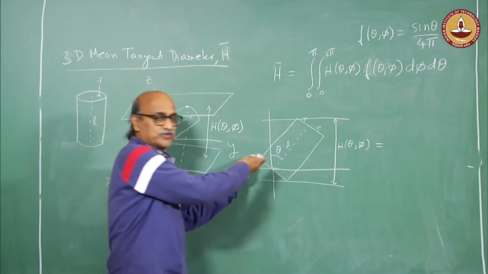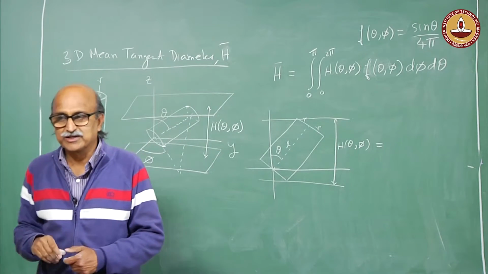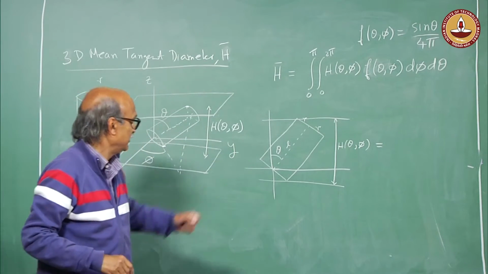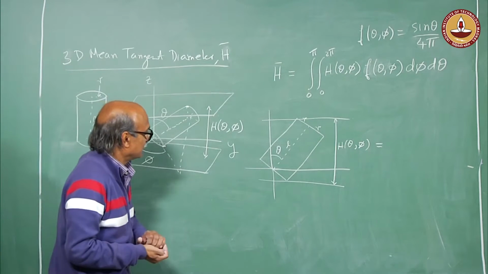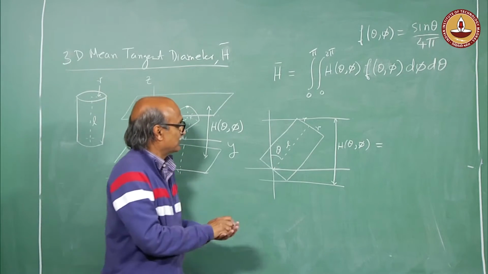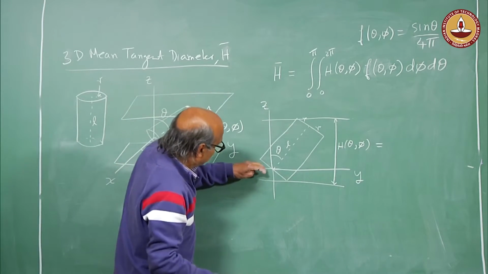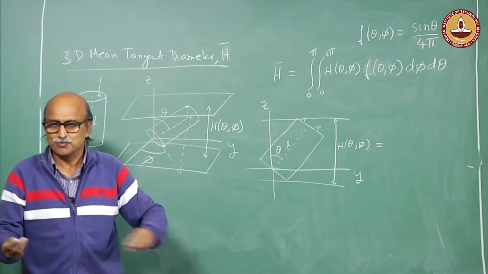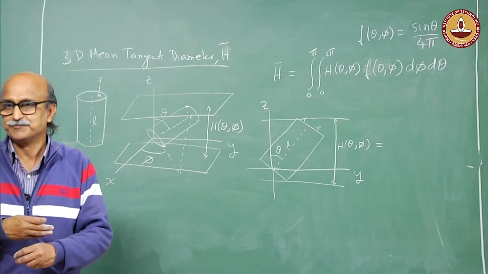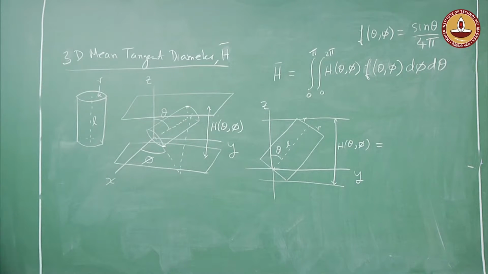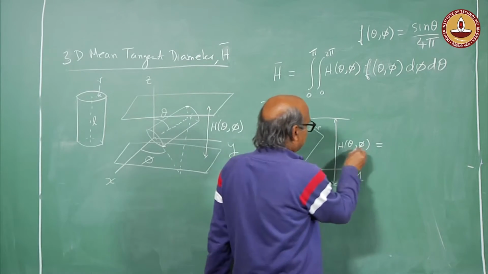Now, this actually reduces down to my problem of the rectangle to find out my tangent diameter, but the only catch is that here my theta is defined with respect to the z axis, there it was with respect to the horizontal axis. So, my cos and sine will get reversed, is not it? And I will get h theta phi